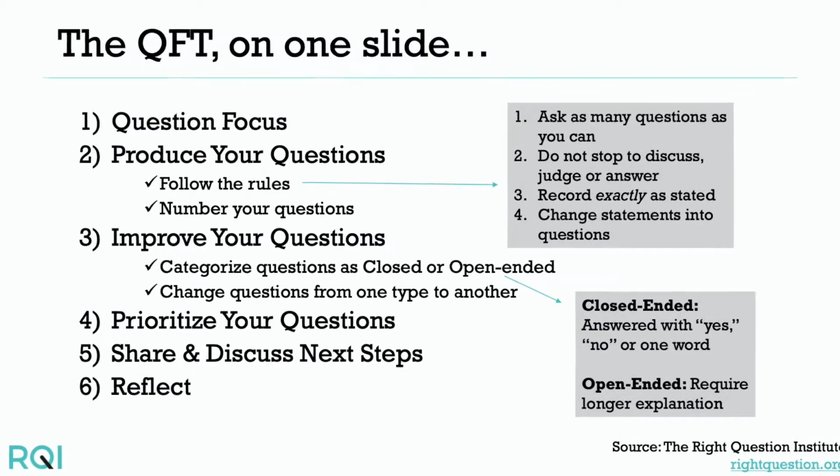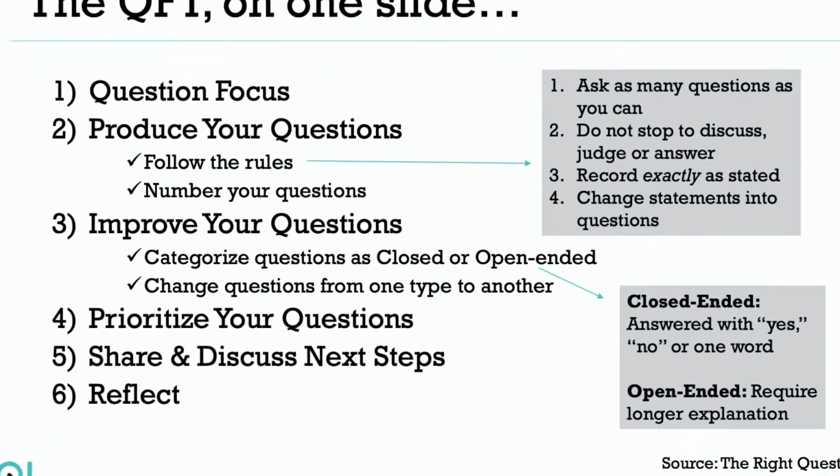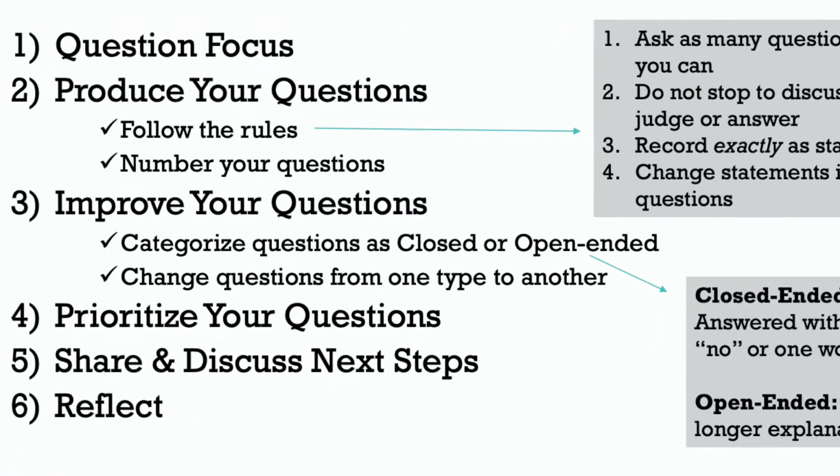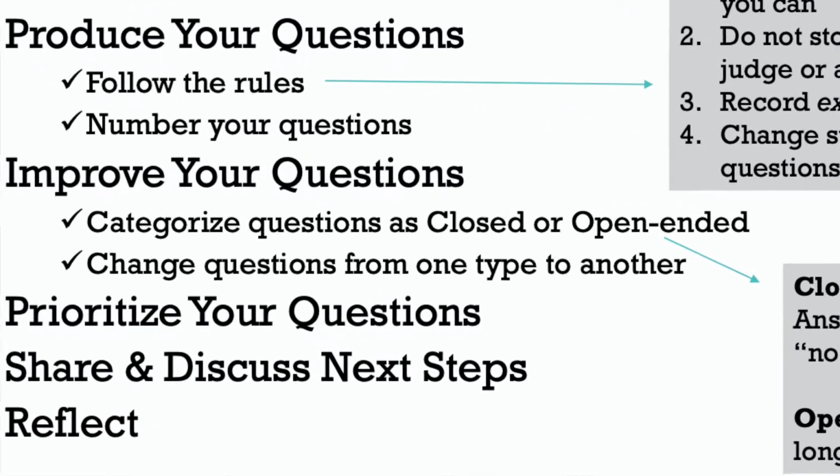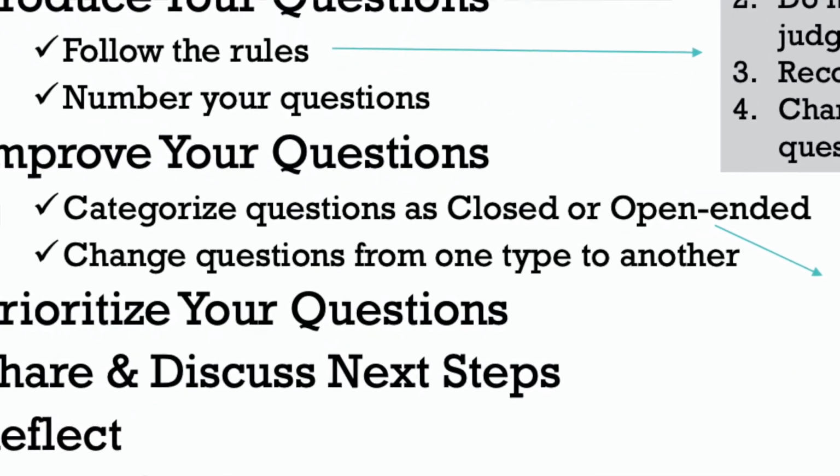For example, if you seek basic information or you need a quick response, a closed-ended question would be appropriate. On the other hand, if you desire a more profound understanding of a topic, then an open-ended question may be a better choice. Next, students will select one closed-ended question and convert it into an open-ended question, and then take one open-ended question and convert it into a closed-ended question. This step will require students to think more deeply about their questions, engaging in metacognition.